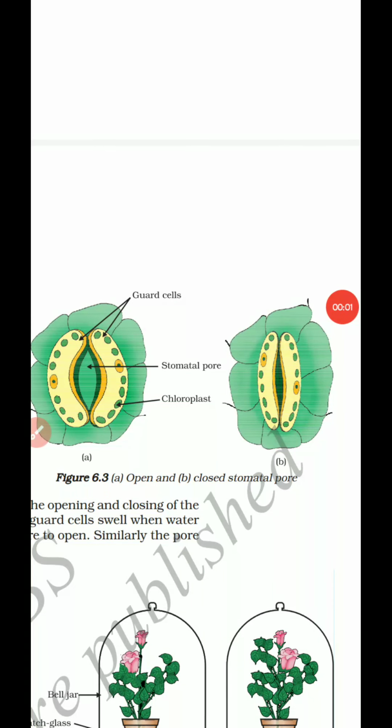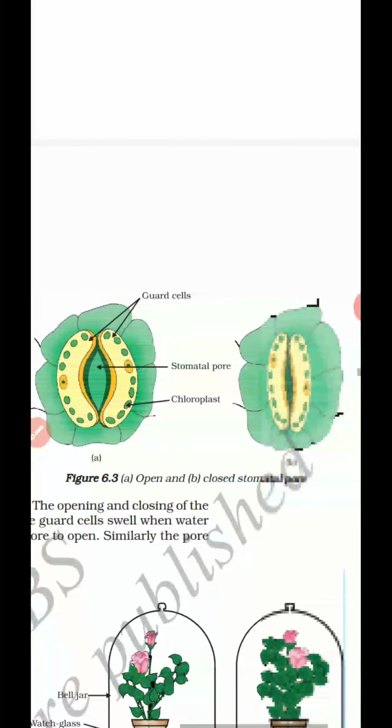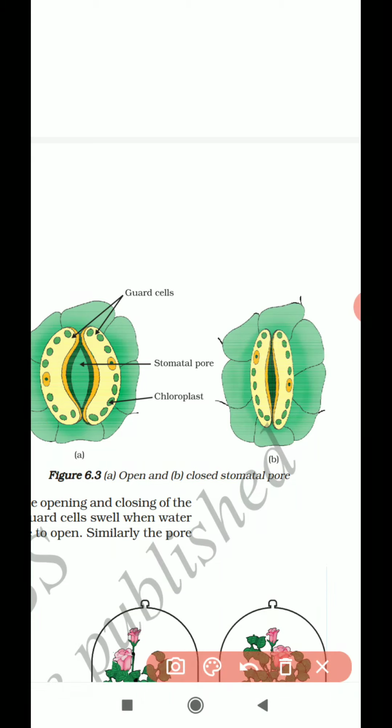In the previous video, we have learnt how the process of photosynthesis takes place, what are all the necessary conditions, what are all the following events that occur during photosynthesis, and we have learnt about chloroplast also. In this video, we are going to learn about stomata. What does this stomata mean?